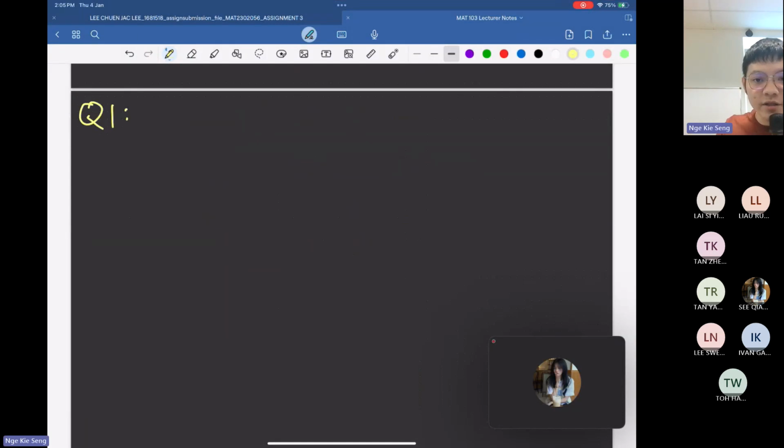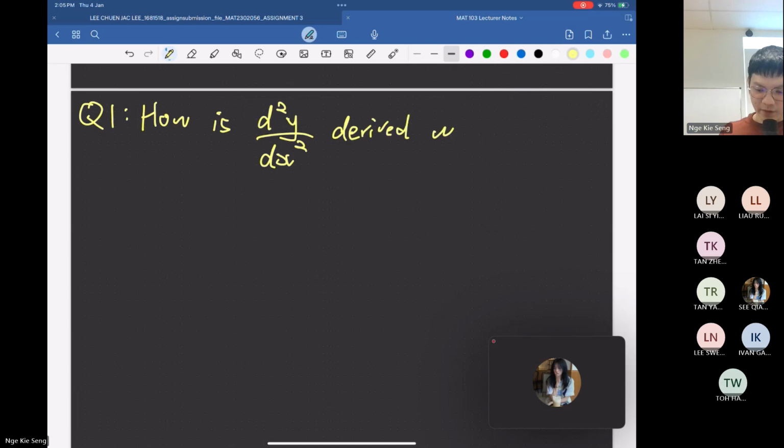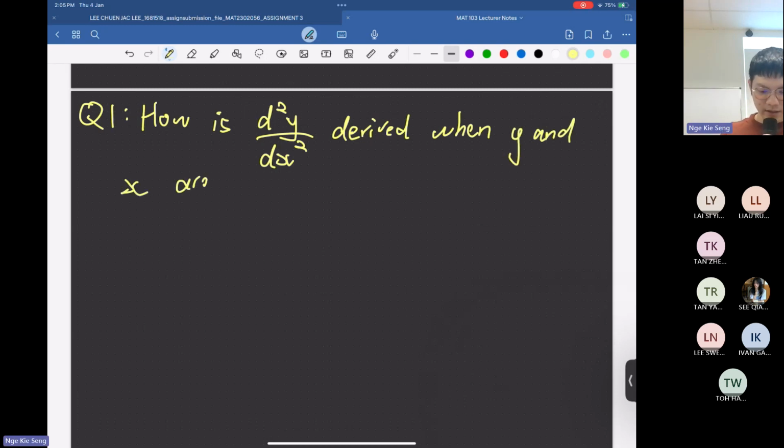Okay, so first question. What is d²y/dx² derived? And y and x are functions of t. Okay. So what does this mean? 这是什么意思？